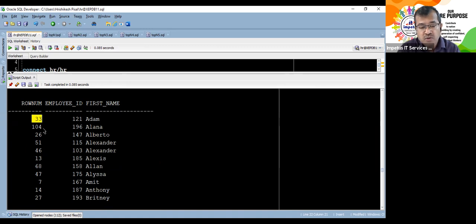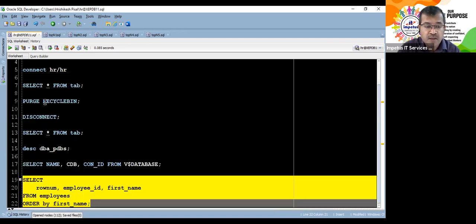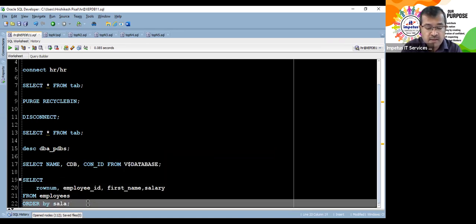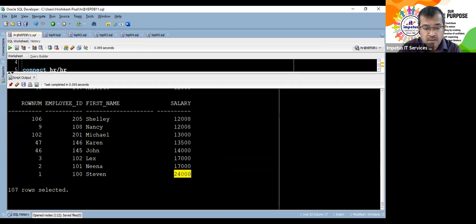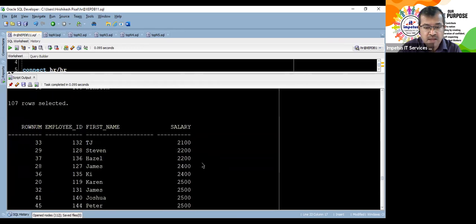Now, if it's a position of the row in the table, how can it be useful for us? Say I wanted to have the first 5 people whose name starts with A, or according to ascending order of their salary, but the row number over here will be different. So even if I had taken salary, suppose first name, employee ID, comma, salary, and I had ordered the employees by their salary, if you run this particular query, you will get employees ordered by their salary. Highest being at the bottom and the one which has the least salary being at the top.